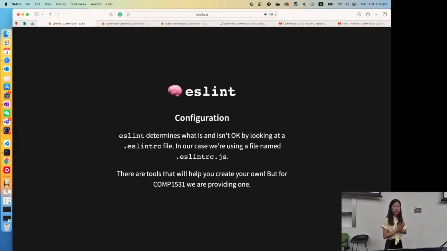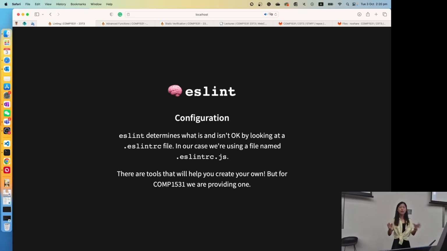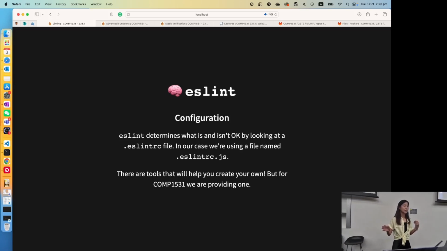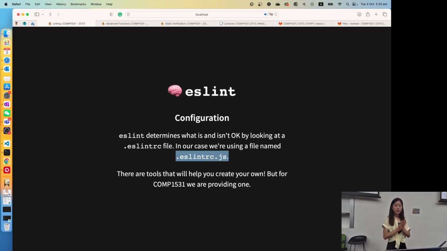Great. So we need another file that tells our project what the style guideline is. So when ESLint checks our code for style, it needs to have a style guideline. Because for different organizations and different situations, we have different guidelines. So we need to tell it what the guideline is. For 1531, we provide you with this ESLint strict.js file, and it includes all the guidelines. But now let's try to create a similar one together, like how to get such a guideline. It's by using,